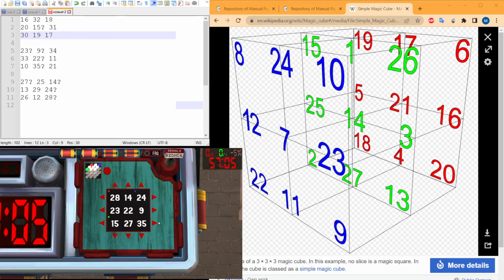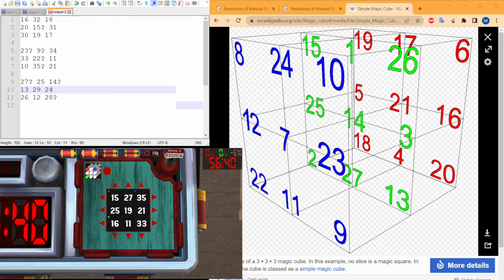Yeah, and 22. Moved 15, so it stays in the front row. 23, 22, 9. This one already has 15, and does the top row have everything it needs? Okay, it has 28, 14, 24. Yeah, so we can go